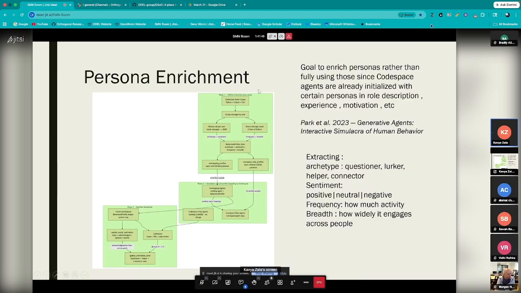And these persona ideas are derived from this paper, Generative Agents: Interactive Simulacra, which is basically a Stanford paper. They are simulating daily life through agents, and in that they have used the Sims, the game type of simulation, and they have evolving state. So basically, each agent has some behavior, some memory, and as and when they are interacting, they are gaining some experiences and updating themselves.